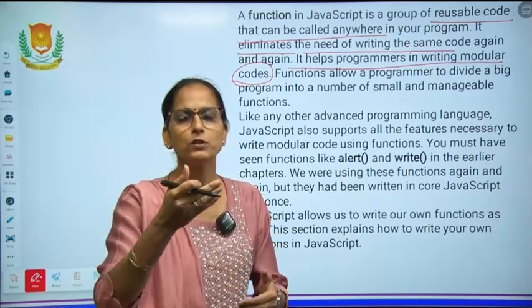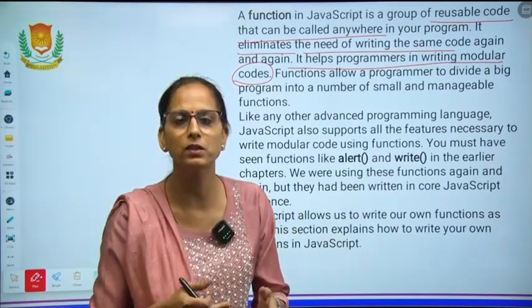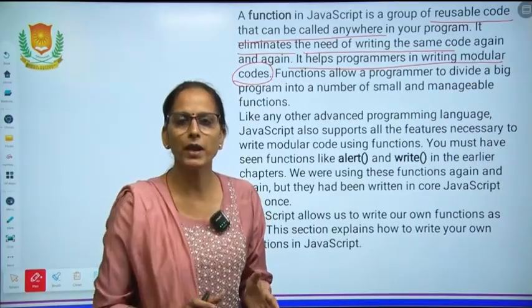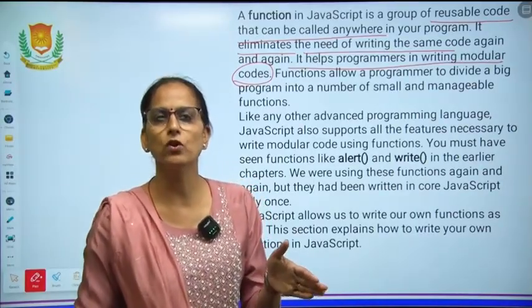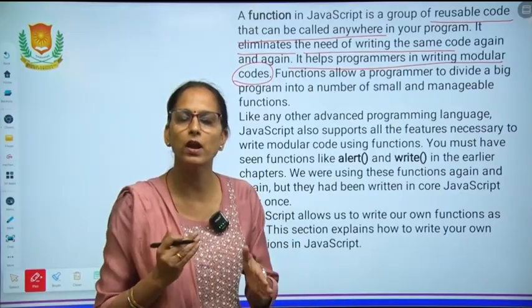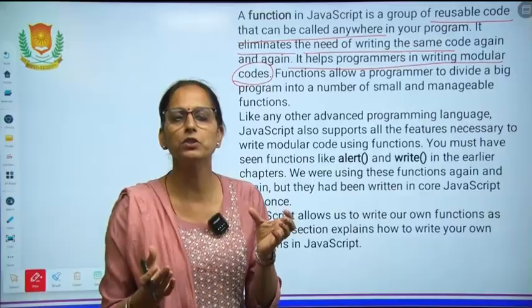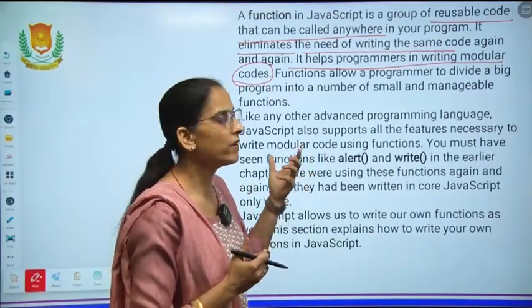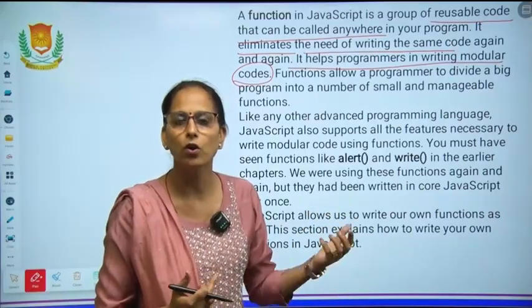Like you call a specific person for a specific task, in the same way, in the main page of your website, you will call the multiple functions which you have created. So that becomes modular programming, and that increases the efficiency of the programmer also.